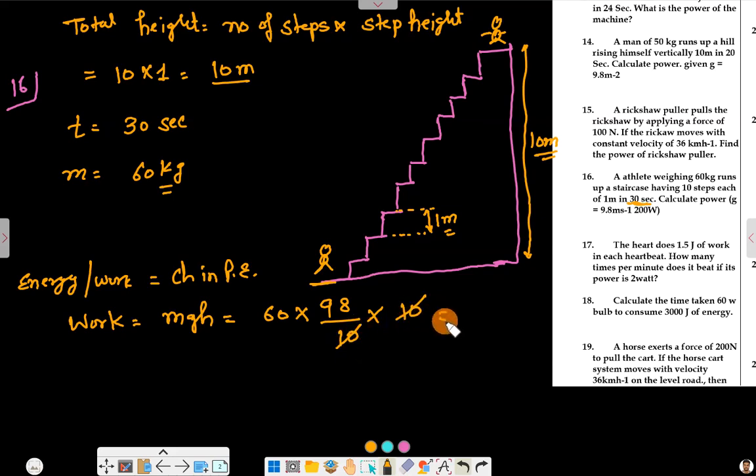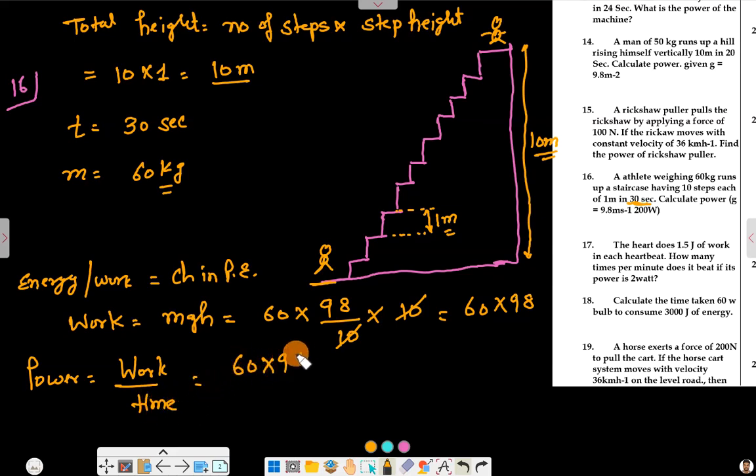So it is equal to 60 into 98. We will not solve it further because we have to calculate the power. Now power is equal to work upon time. Work is 60 into 98. Time is 30. So dividing, we will get 196